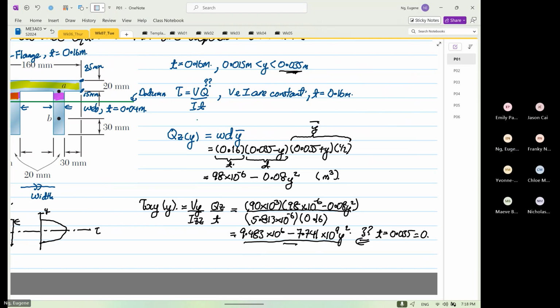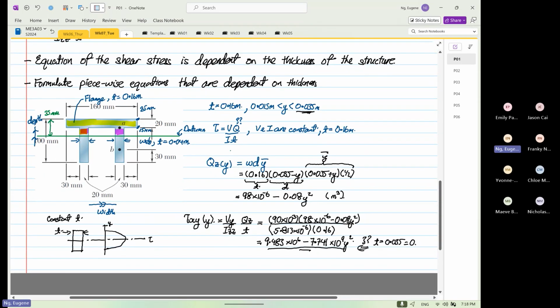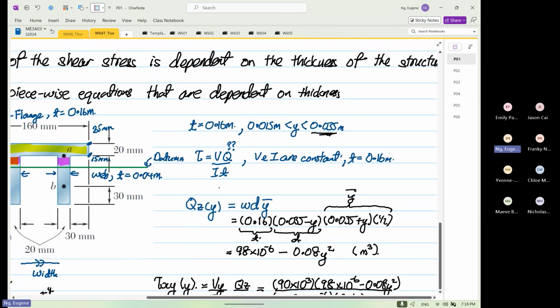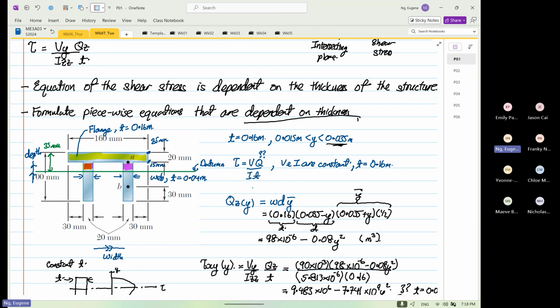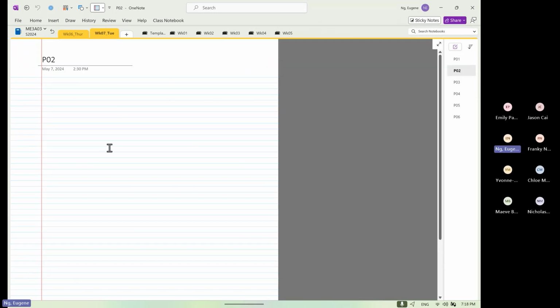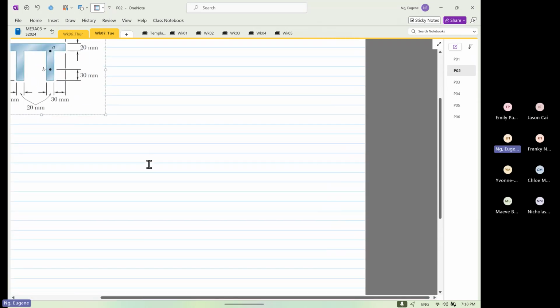Okay, right. So this is from the limits from 0.015 to 0.035, right? So this is where you see, right, the piecewise equations are dependent on the what? On the thickness, okay? So the next one we're going to work on is the next thickness now, or the next section, the next section,